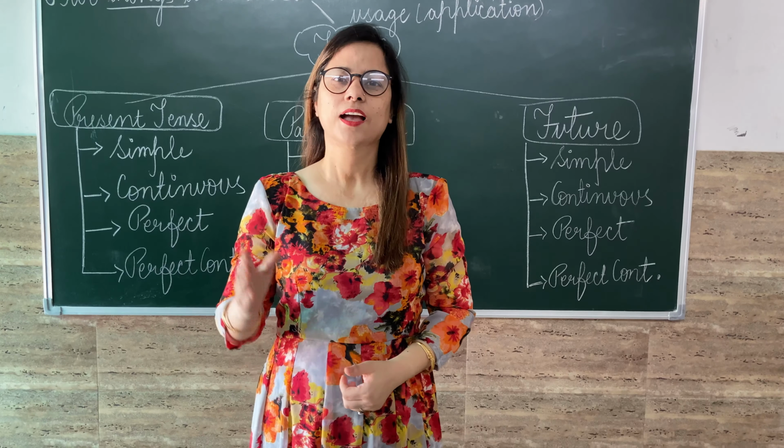For example, she is not completing her work. And in case of interrogative, we place the helping verb in the beginning, is, are or am, then subject, then verb-ing, and then object. And then we put a question mark. This is called interrogative sentences. For example, are you preparing for your exam? Question mark. Rule clear? Where to use not and when to use helping verb. In case of interrogative, we use the helping verb in the beginning of the sentence. Very simple. This is present continuous tense.